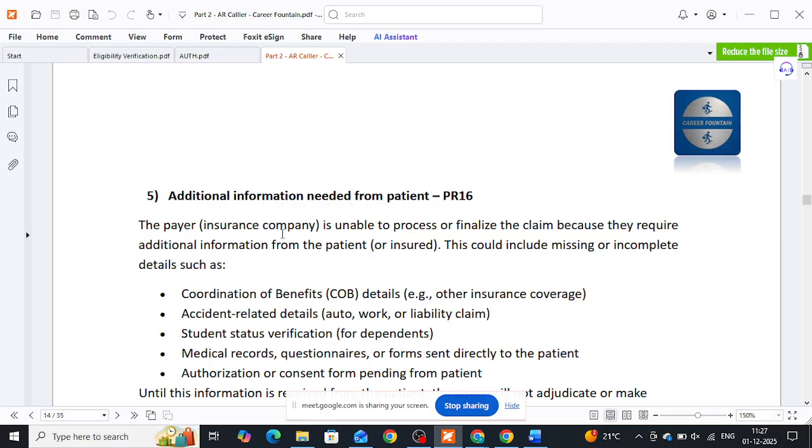If they want it from the patient, then we can ask them whether they sent any letter to the patient and when it was sent. If it was sent 1 month back and the patient has still not responded, then we can request them to send one more letter. If the patient has responded, then they will reprocess our claim on the call itself. But if they already sent 3 or 4 letters and now they are not ready to send any letter to the patient, and the patient is not responding,